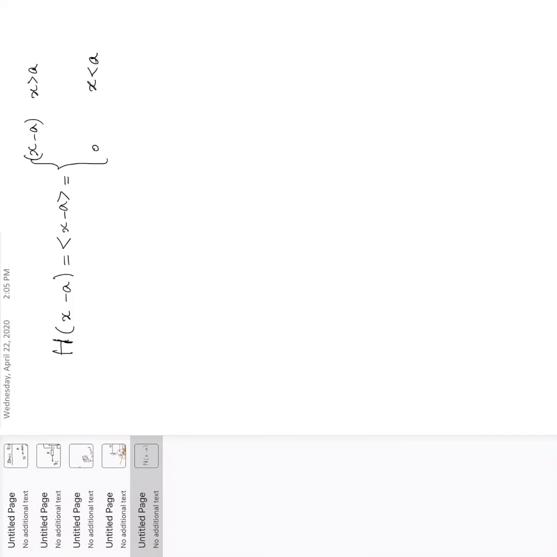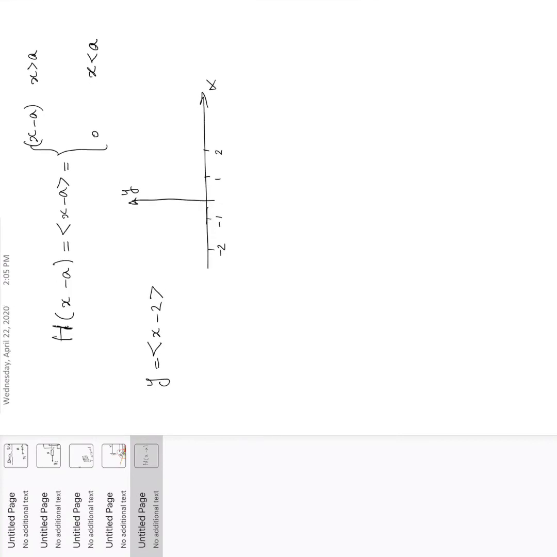So for example, Heaviside x minus 2, if I want to plot this function, this is my x-axis and this is my y. Let's say this is my y function. I want to plot y versus x. So here at location 1, 2, -1, -2, according to the definition on top, if my x is smaller than 2, I should get 0. So for everything before 2, this function is going to return 0